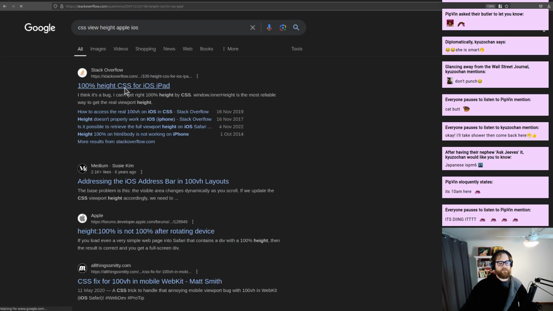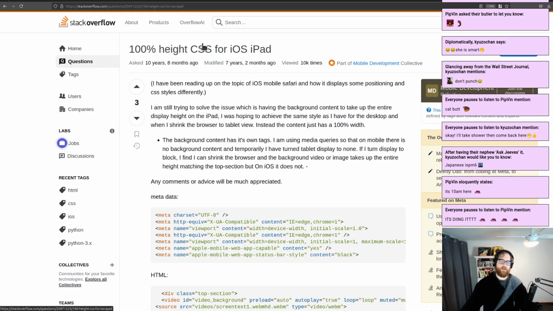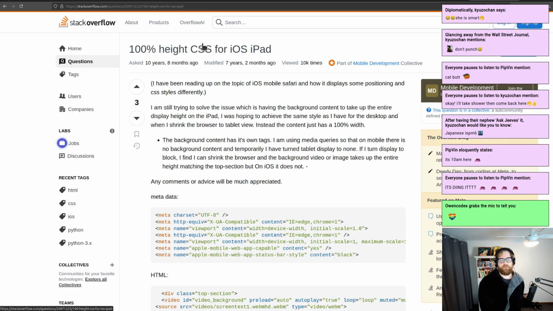Alright, 100%. I've been reading up on this topic, iOS mobile Safari and how it displays some positioning and CSS styles differently. I'm still trying to solve this issue, which is having the background content take up the entire display height on the iPad. I was hoping to achieve some